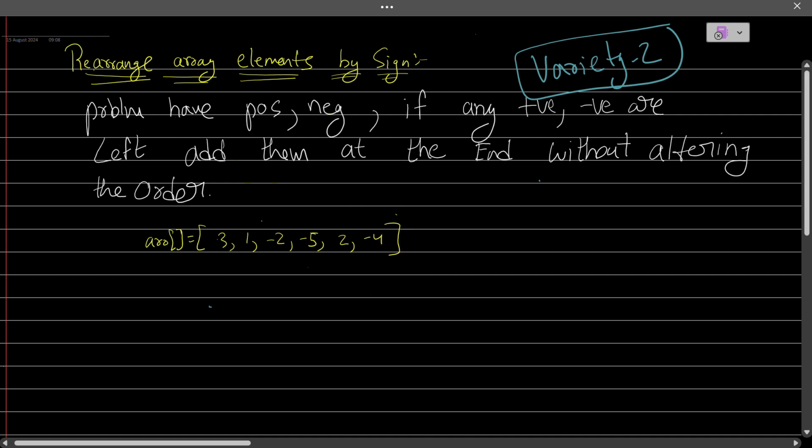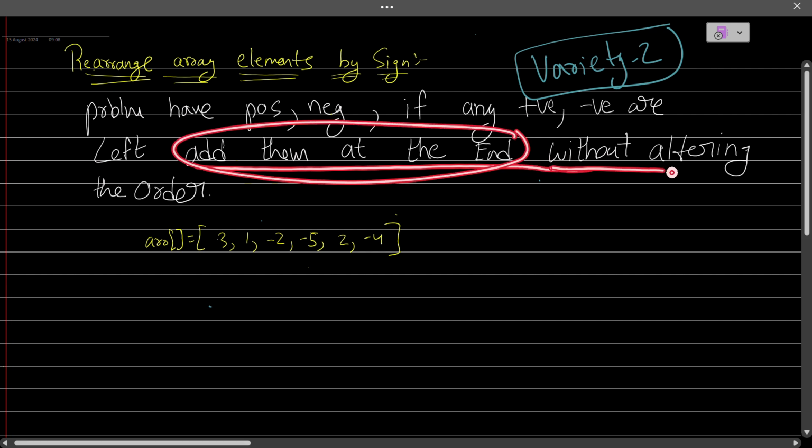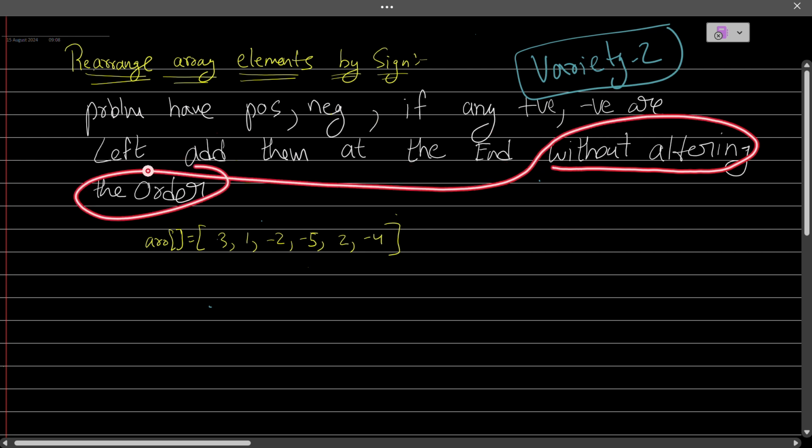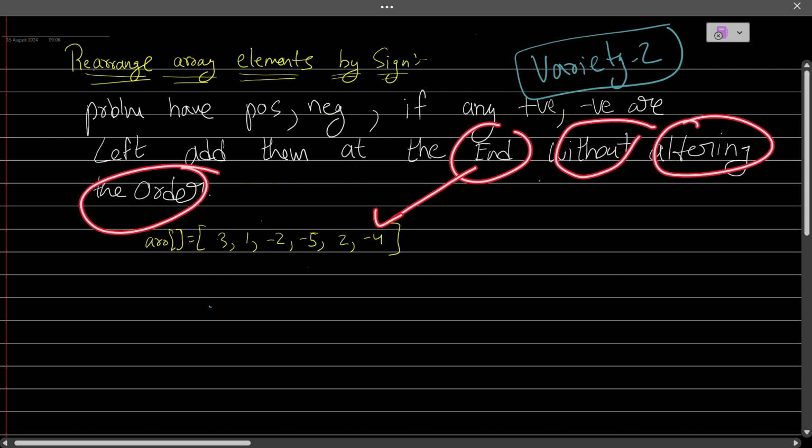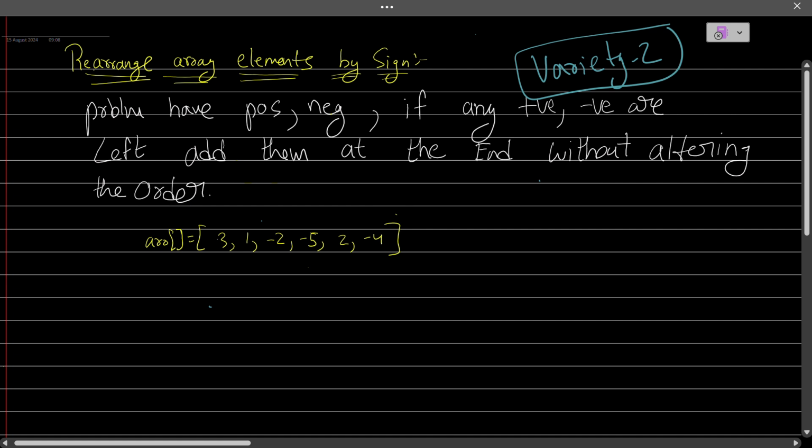They have stated this. We need to add them at the end without altering the order. We should not have to alter the order, right? Okay,